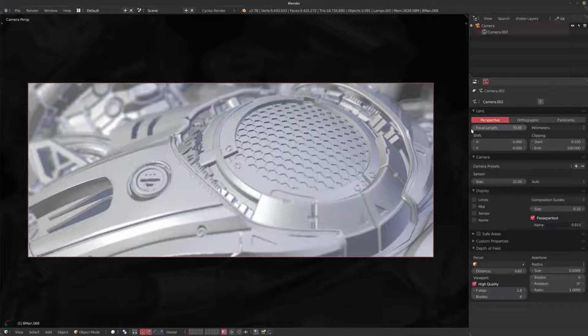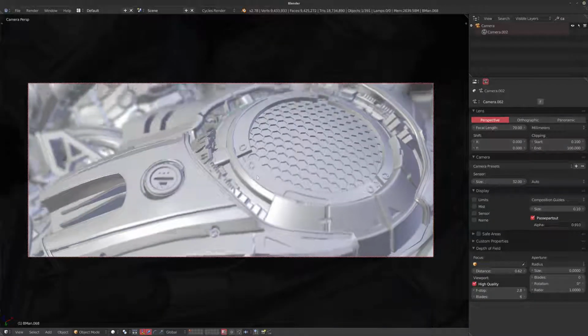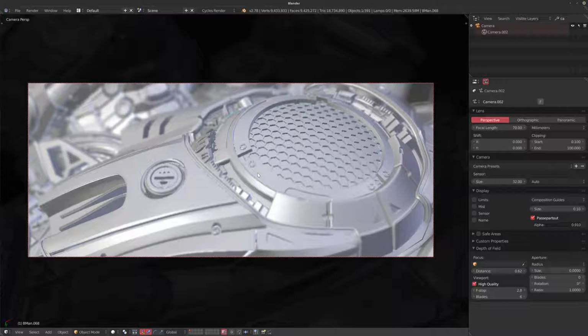If you have a larger focal length than 50 millimeters, then let's say, for example, like the 70 millimeters or 85 millimeters or even higher, you're very zoomed in, but it means that you're getting very intimate with your subject. So you're telling the story of being very close to something, maybe having something look a lot smaller than it really is, or having something look a lot more zoomed in than it really is. Like I said, these are all tools in your toolbox, so just use them. Don't be afraid to mess with them. And don't be afraid to try this depth of field stuff in your viewport already, because you can get some